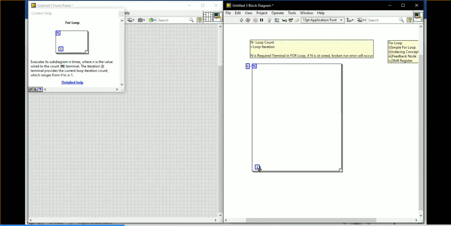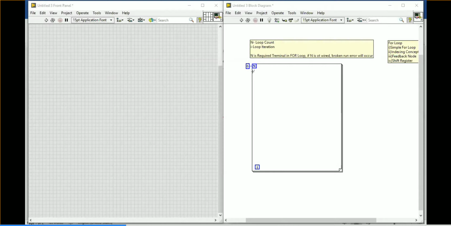Okay, countable. Not exactly, because in DBL also we are able to count, no? So 1, 2, 3, 4, 5 we can give, no? So why, in LabVIEW, is the programming itself for looping specifically given an integer value? Why are they giving the n value specifically as an integer value? It means that the loop cannot be run for a floating point number.